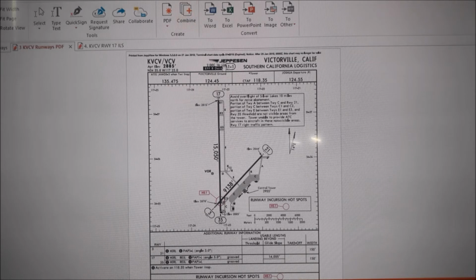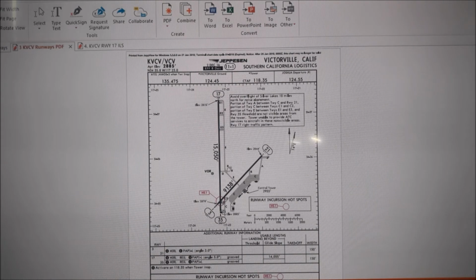So that means you have to come this way and then land. And incidentally, this is the second largest runway in the United States in length. 15,050 feet is second largest in length. And I think Chicago O'Hare has the longest.